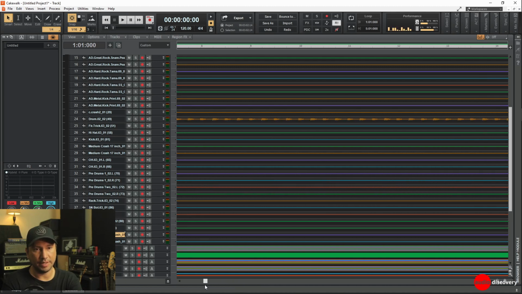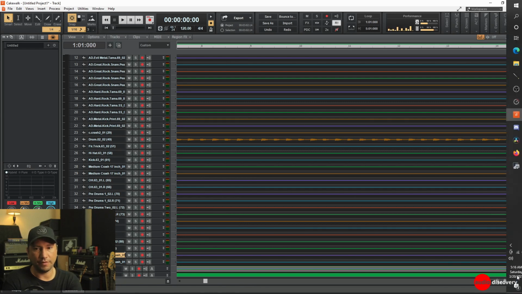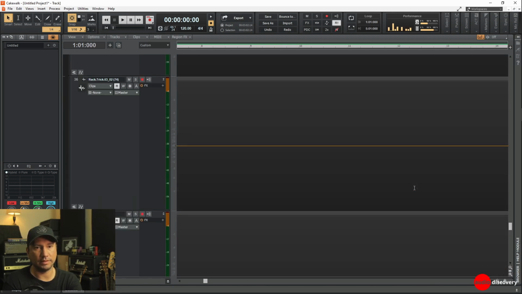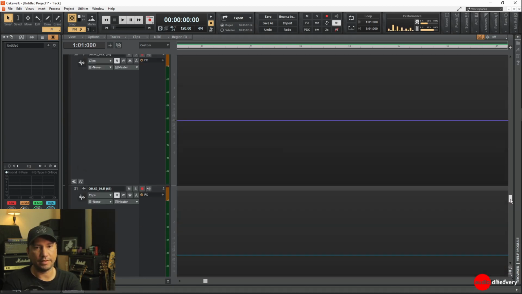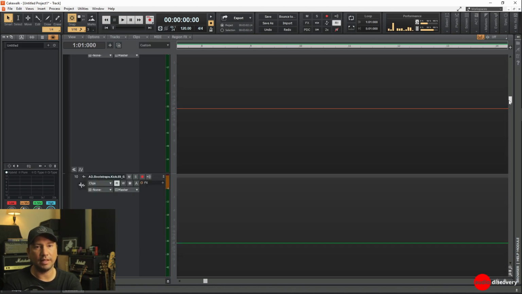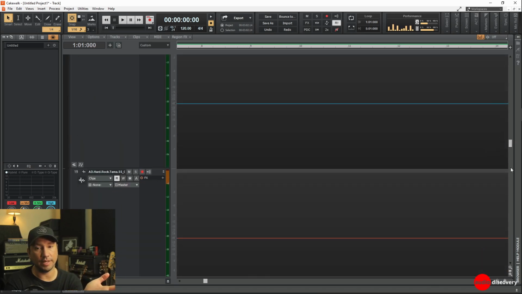What is happening during the verses? So let's see if I could spot anything happening during the verse. Okay, so we have this hat, and essentially what I'd like to do is organize this in a way where